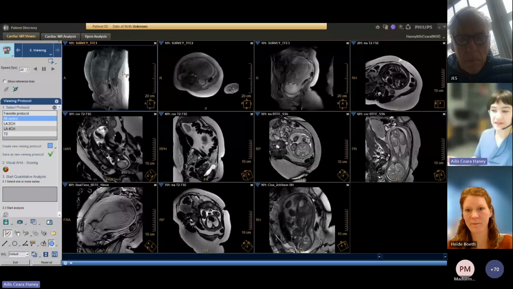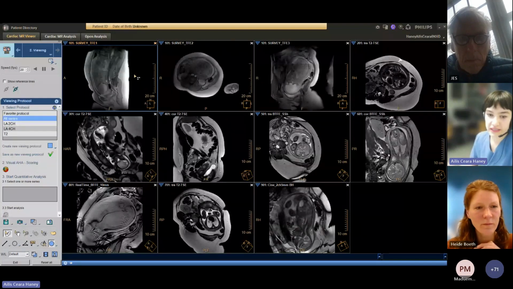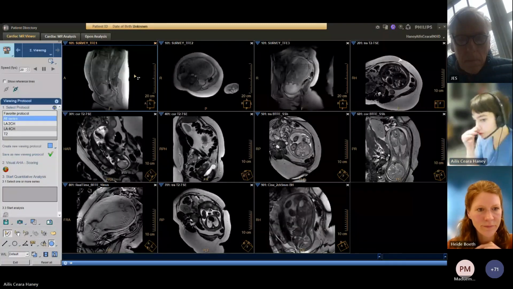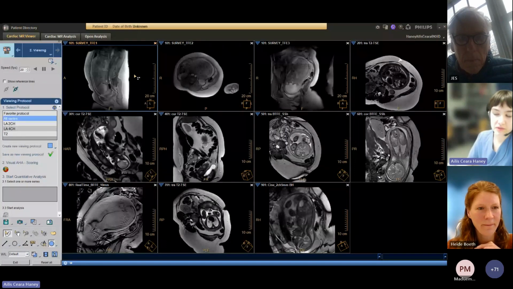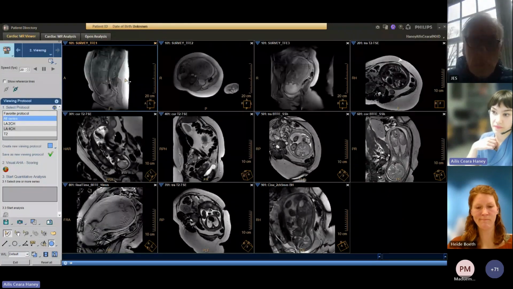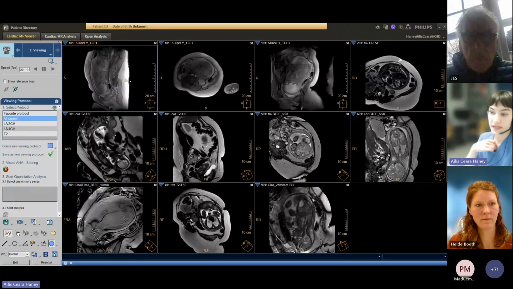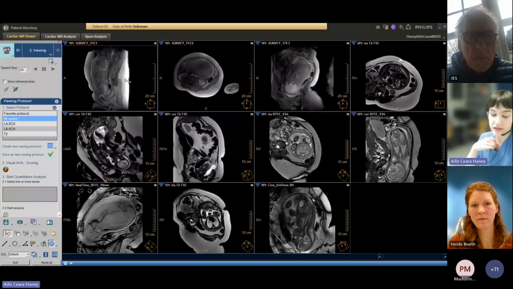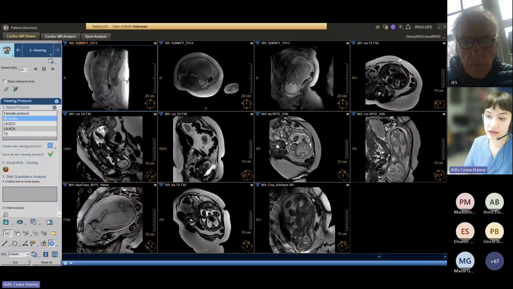Okay, great. So we have a 1.5 and a 3 Tesla Philips scanner, 2 scanners here, dedicated for cardiac imaging. And this was performed at a 3 Tesla scanner. As you can see, we don't have a huge number of sequences, even though our patient was in the scanner for 50 minutes. And that was due to a few technical issues. We lost the signal a few times. We had to reposition the transducer a few times. So that created a few pauses and just took a bit of time then.